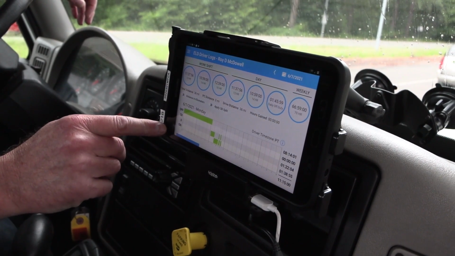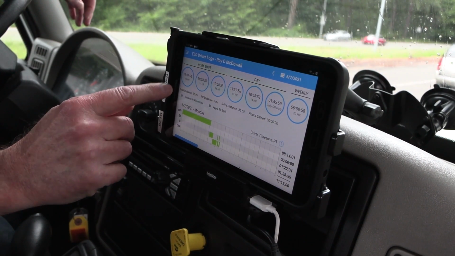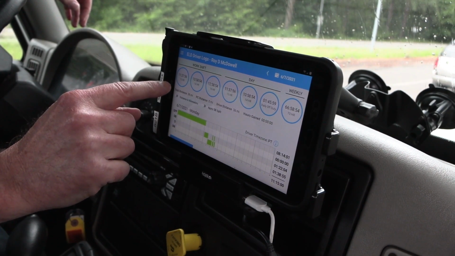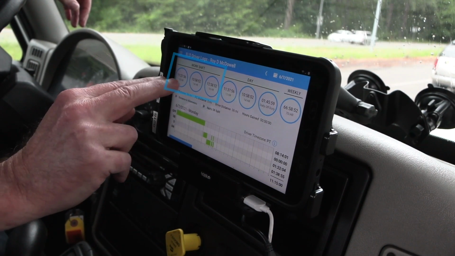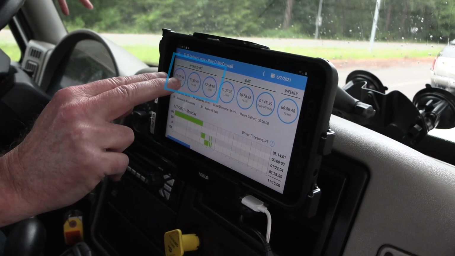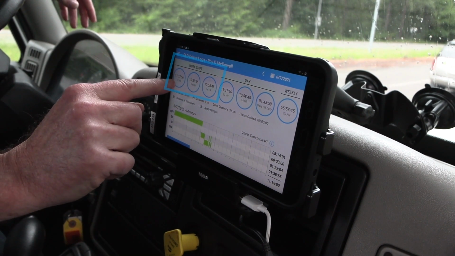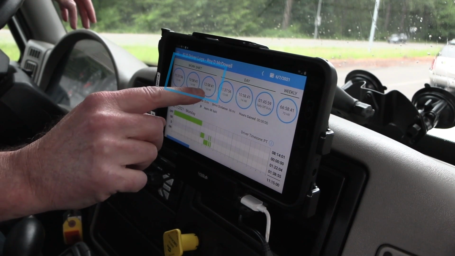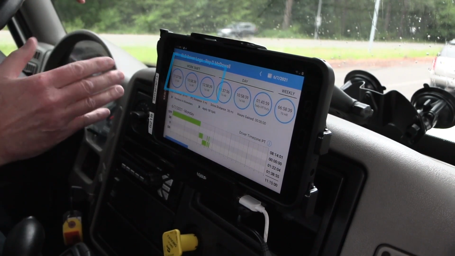Once you've changed into Canada south of 60, you're going to have a lot of clocks coming across your screen. There's the work shift clock, this is pretty much what your current work shift is after an 8-hour rest. And this is 13 hours you drive, 14 hours you're driving on, and the 16-hour is your total consecutive hours